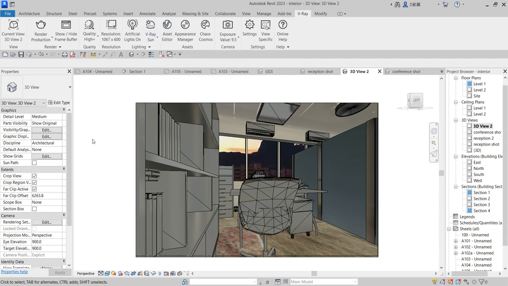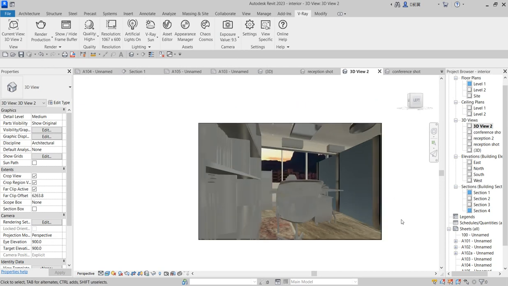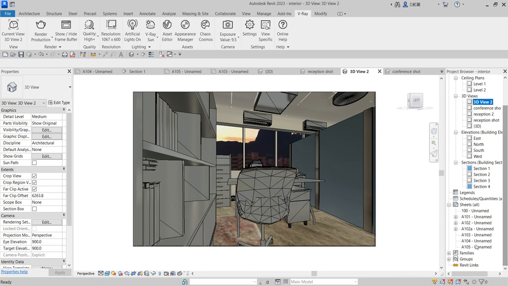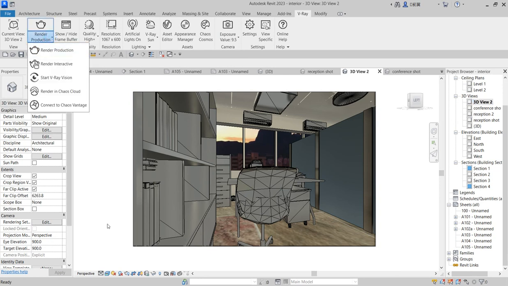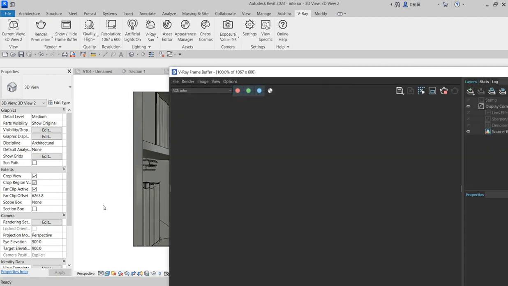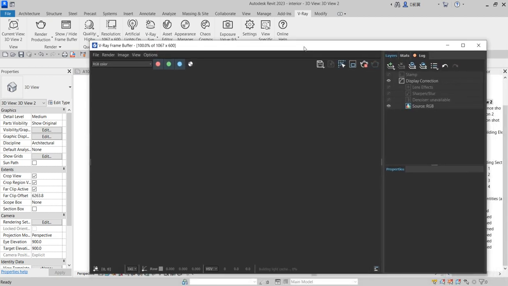So by the time you do this, you need to start the rendering. We are not going to render anything here, but if you have V-Ray, you can test render everything. So we have done what we need to do because a lot of time is consumed when you are rendering. Rendering takes time, so let's just look and see. Let me just give you a clue, because it takes a lot of time to get to it. So you do what? You do render production, because we have already set everything accordingly. So render production will pick and start. So irrespective of your computer